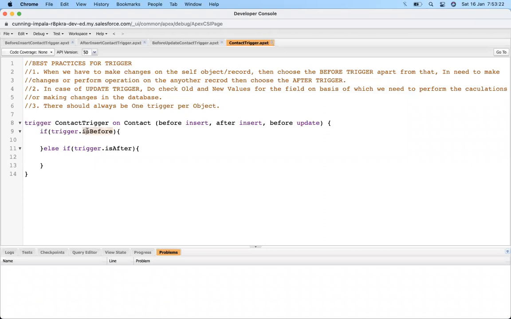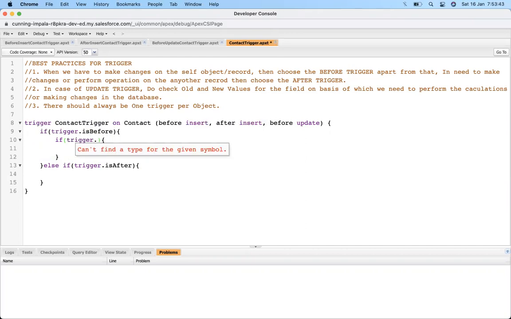If it is the before trigger, then we have two or three instances: before insert is there, before update is there, and before delete is also available. So first we need to check we are in before, then we again need to check whether there is any after update also.